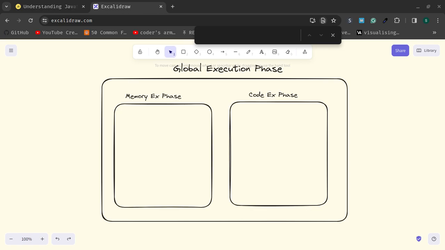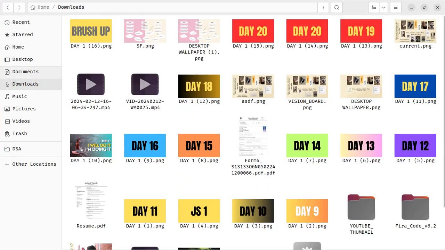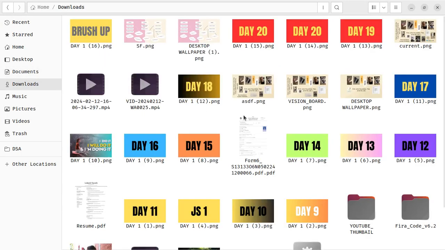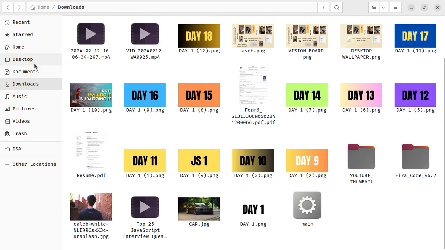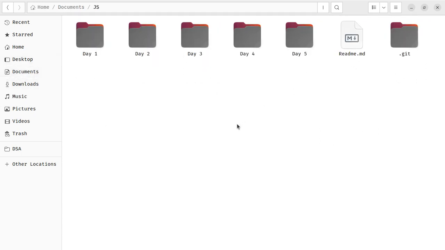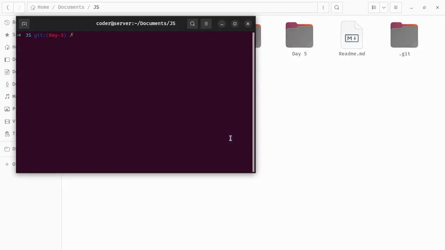Visual Studio Code, and of course using the debugger and everything. Now I had no idea how to use the debugger, but by watching videos from the Pro Coder channel, which is Anurag Coder, he showed me how to use the debugger and everything. So that's what we are going to use. So we are going to go in JS, and we are going to open in terminal, open the code,